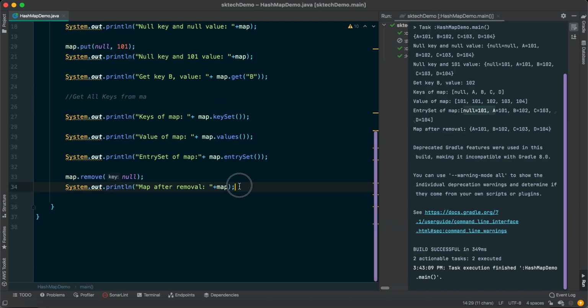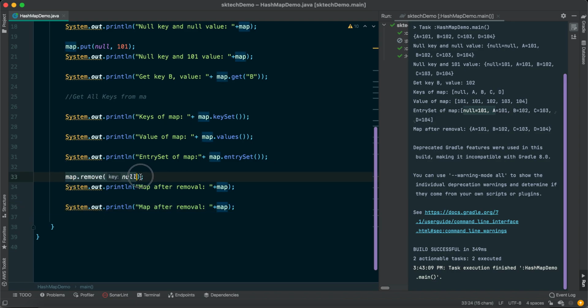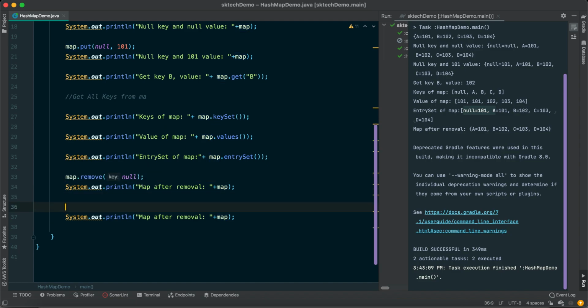Another way of removing an element is to provide the specific key and value, because we know that a key is unique but a value can be duplicate, right? So let's say we have a requirement to remove based on the key and value. How can we do that? Very simple. Let's say we want to remove D with value 104.